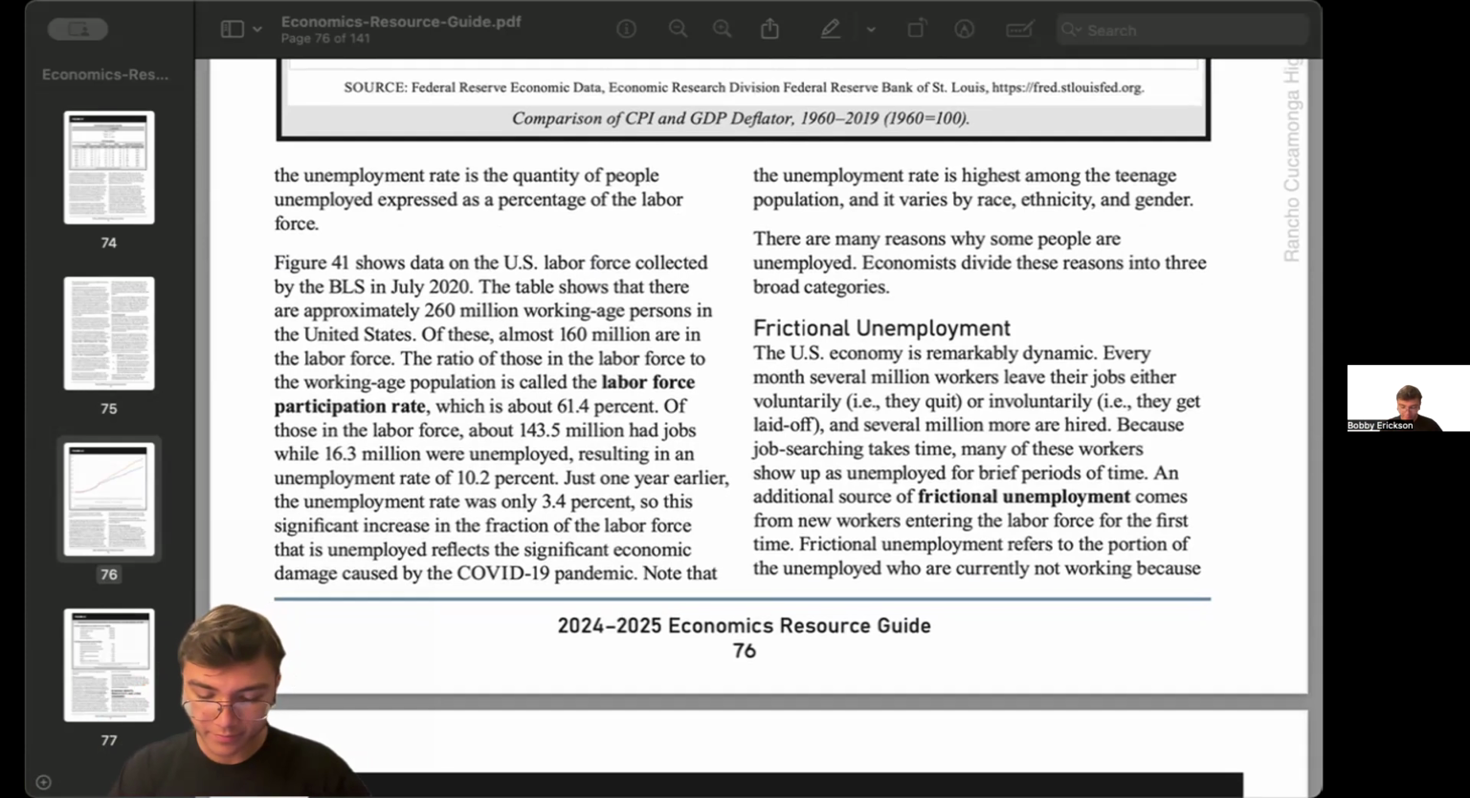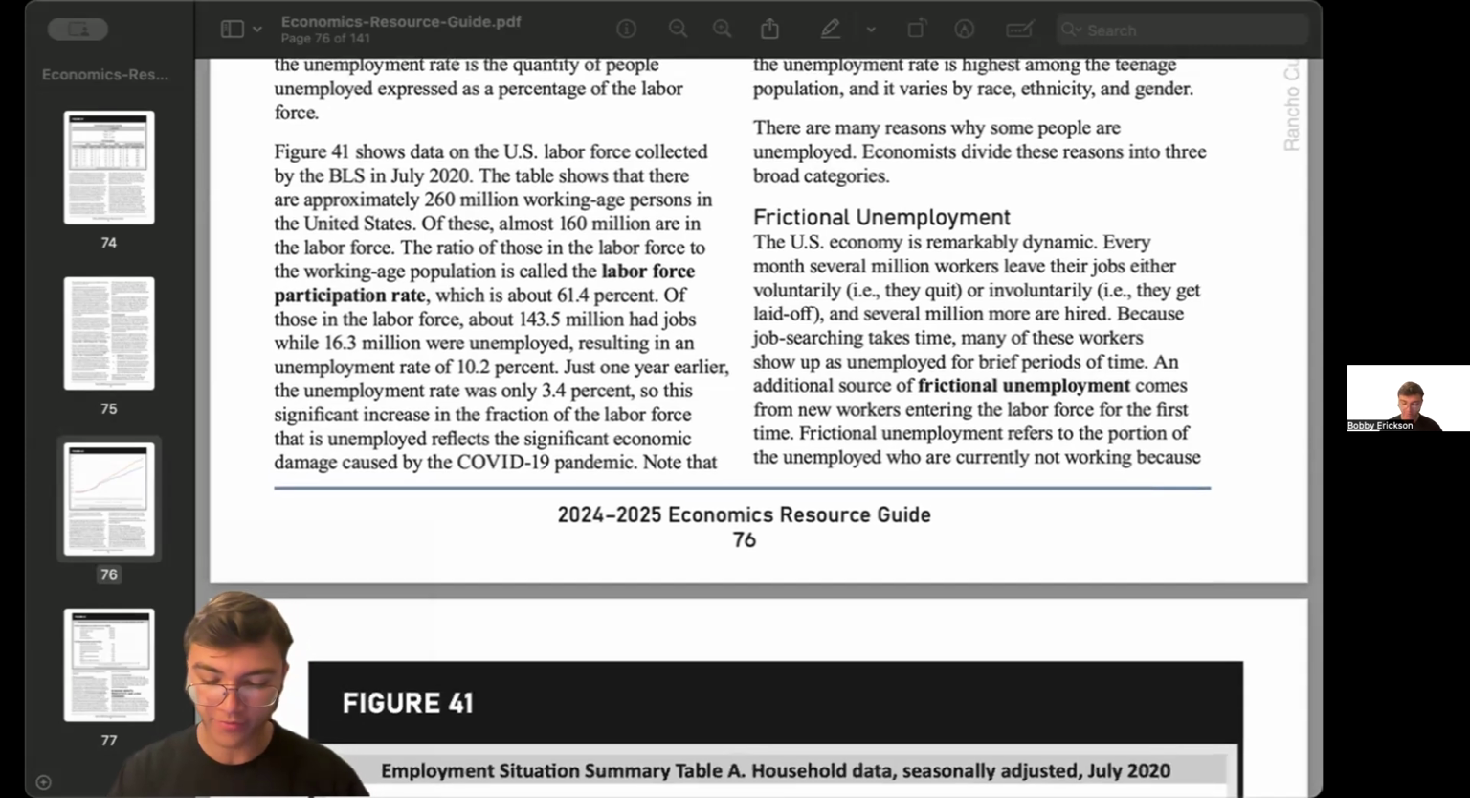And so why are people unemployed is a question that we need to think about. And there are three broad categories that economists can look into for unemployment. And the first is frictional unemployment. So, frictional unemployment,